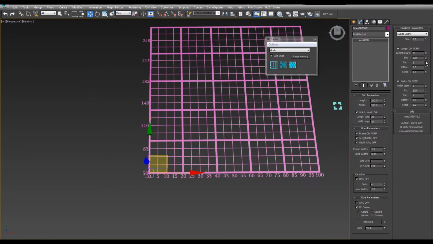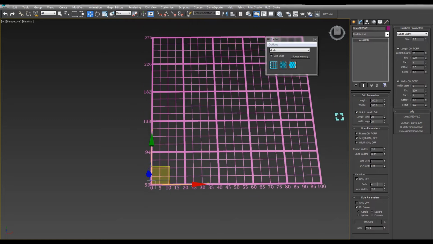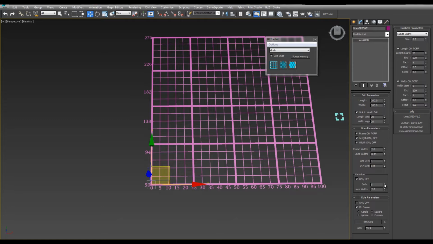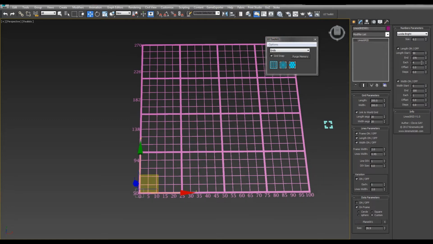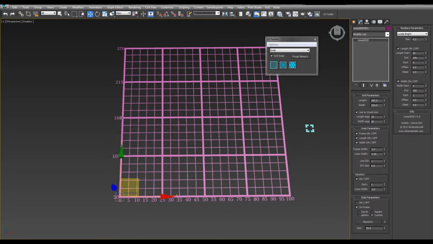Each value creates a number each n lines, so right now it's each 1 line, but you can say each 2 lines or each 4 lines like it is on the variation. If I change my variations to each 5 lines, it would be great to change it here too, so it sticks to the thicker lines. Okay,